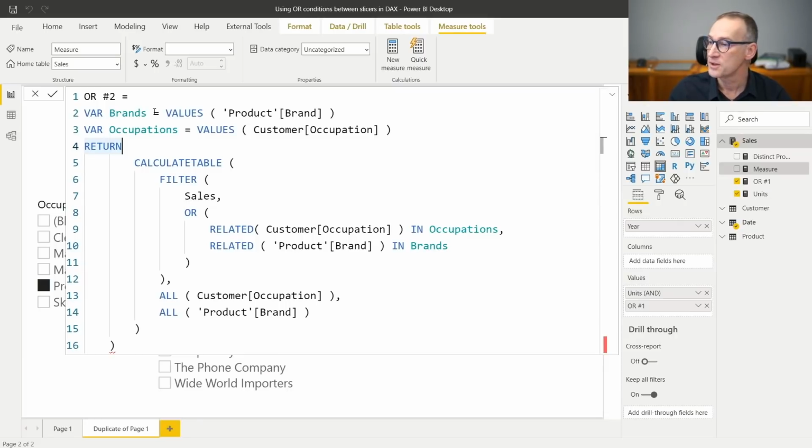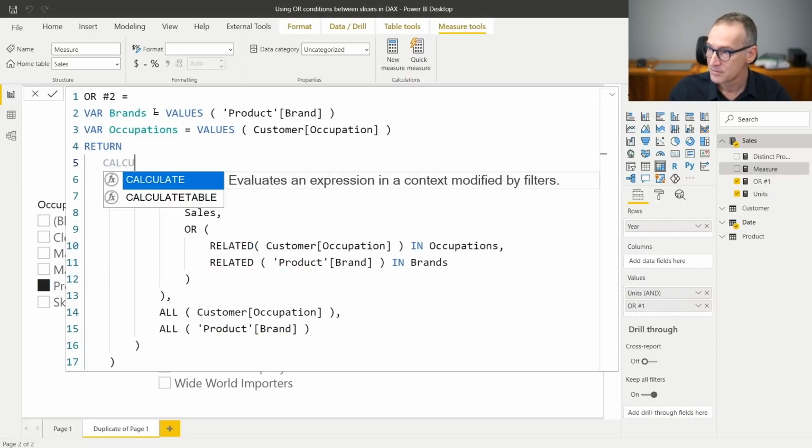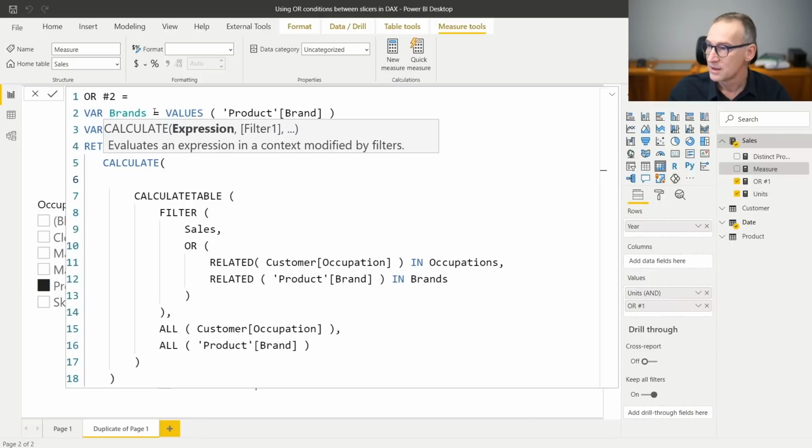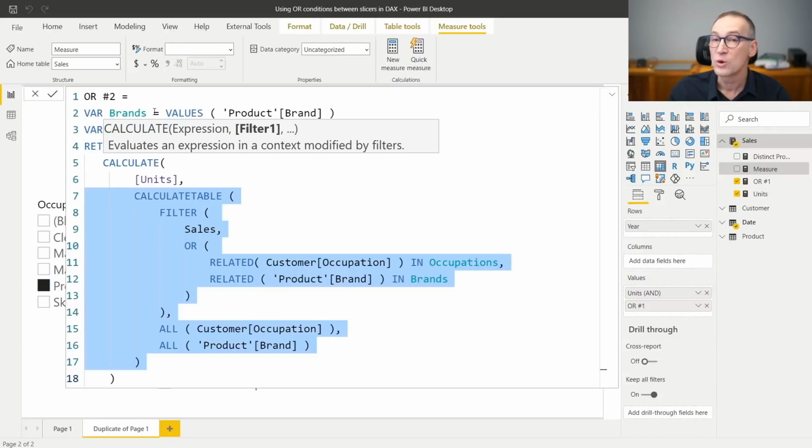I will use it as a filter. So I add a calculate around it, and I compute number of units, which happens to be exactly the sum of sales quantity. And this entire calculate table now works as a filter, which is added to the filter context, replaces the entire filter on sales with the new condition.